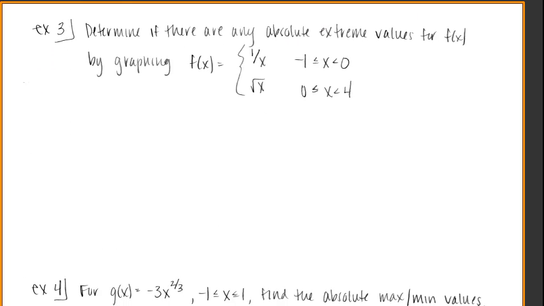Okay, going on. Let's determine if there are any absolute extreme values for f of x by graphing it. Good idea. Let's graph it. Easiest way is to look at the graph of the function. Okay, so it says we're going to graph the reciprocal function 1 over x only between negative 1 and 0. Okay, so I'm going to get myself some points here. Alright, so let's try. We can equal negative 1, so 1 over negative 1 is negative 1. And then we have to go up to eventually 0. But notice that at 0, if we plug in 0, we're actually going to have a vertical asymptote,